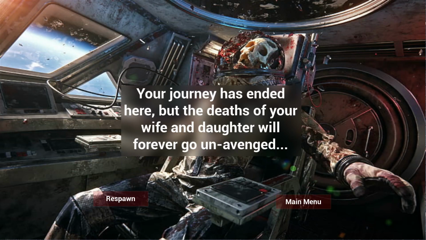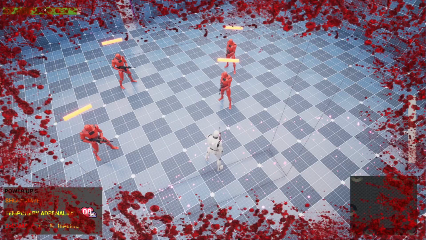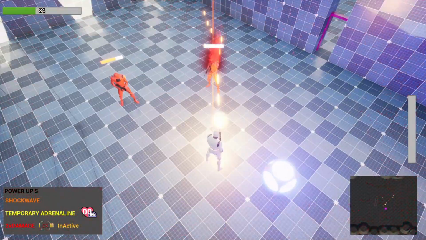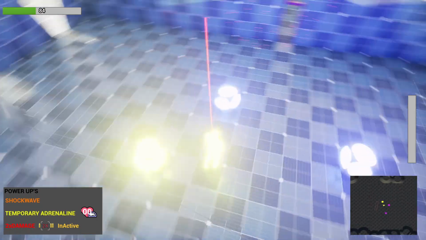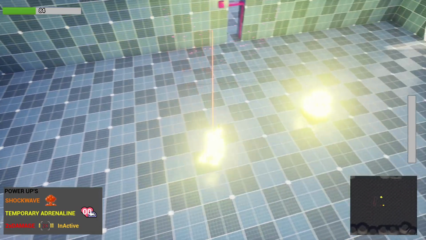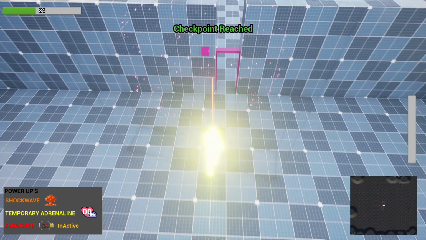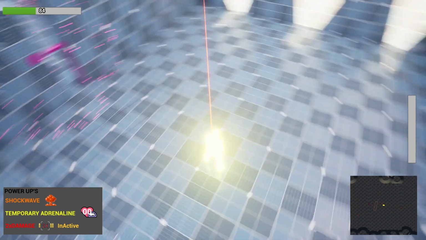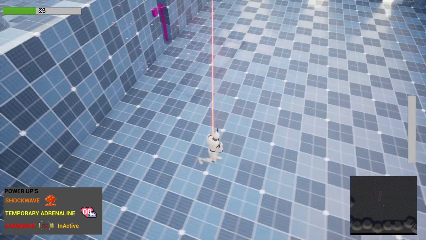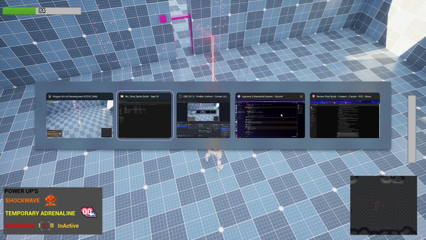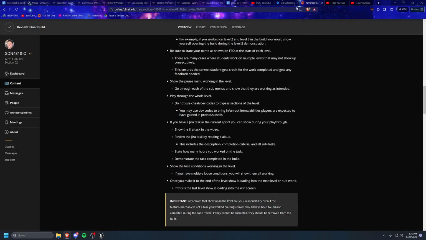Just to show that there is a failure state that's working. There is a checkpoint working in the level, and this checkpoint is here. It's vaguely visible. To show on Jira,